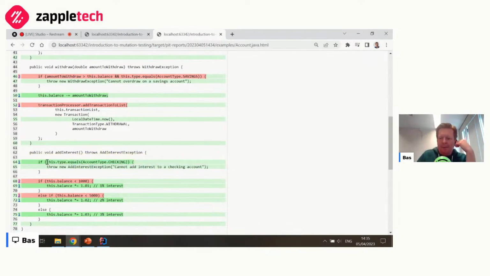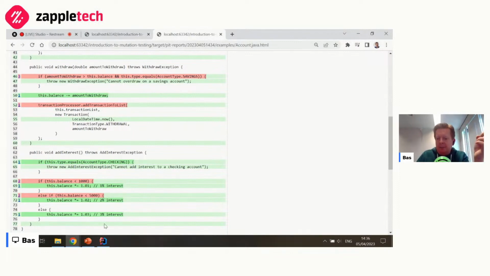So it just replaces this expression with something that always evaluates to false, which means that if false, then throw the exception. So it never throws the exception.